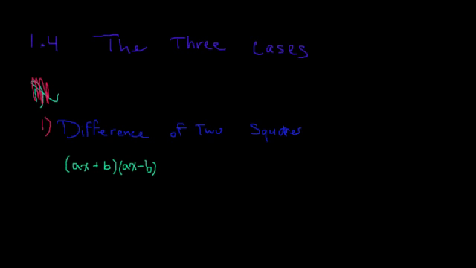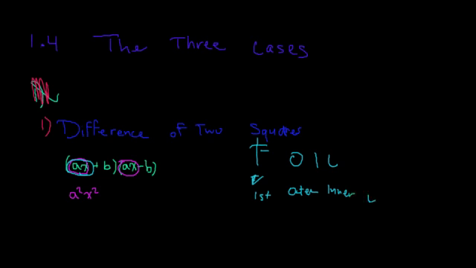These two are going to go first. That's going to become A squared, X squared, because we multiplied A times A, and that's A squared, and X times X, which is X squared. We're going to do outer, which is these right here. Remember, FOIL is first, outer, inner, last. Now we're going to do our outer ones, and that's going to be AX and negative B, so that's going to be minus